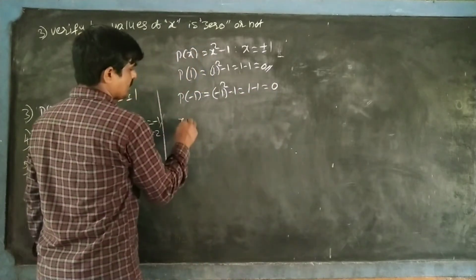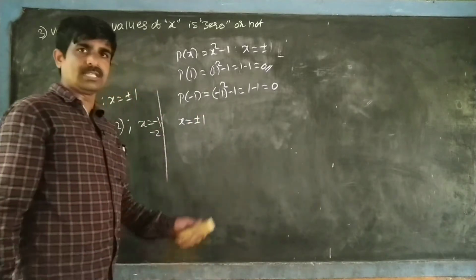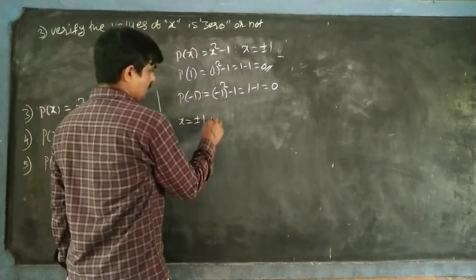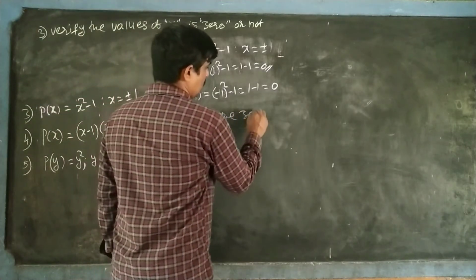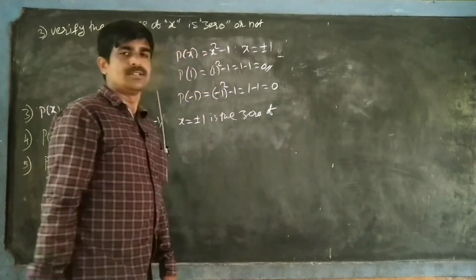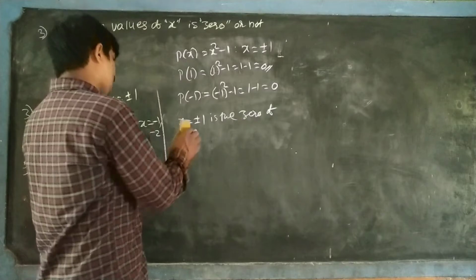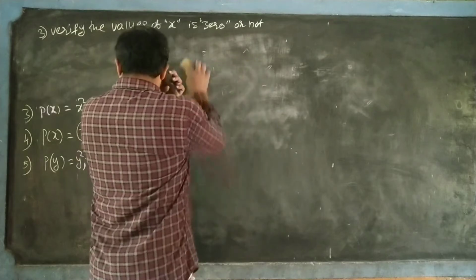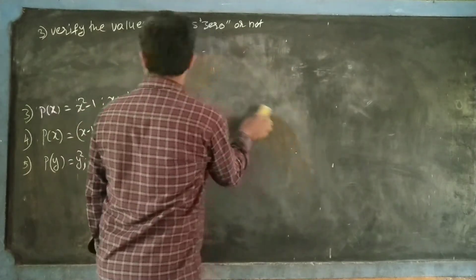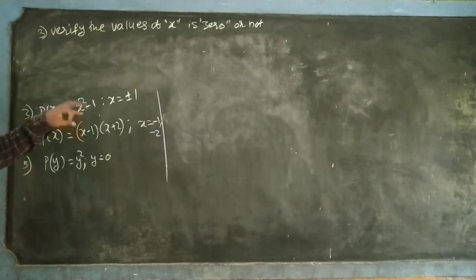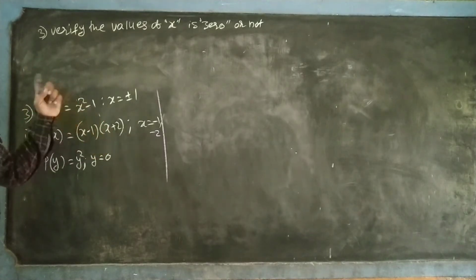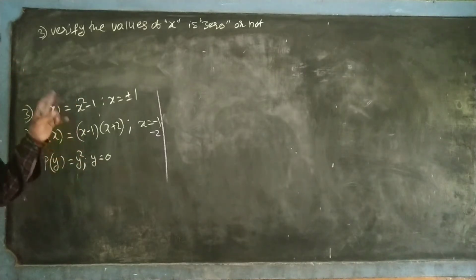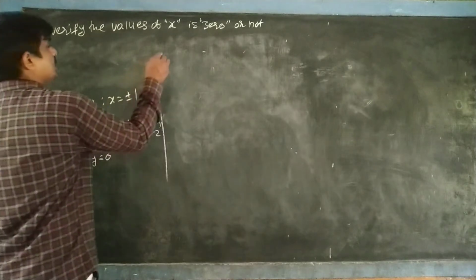Therefore, x is equal to plus or minus 1, both are the zeros of the given polynomial. I have to write the conclusion: plus or minus 1 is the 0 of the given polynomial. Okay? Right. So any polynomial has as many roots, as many zeros, as its degree. For example, if your degree is 2, that's why it contains 2 roots. Here x into x is x square, this is also degree 2, and contains exactly 2 roots. Here y square, it contains 2 roots.